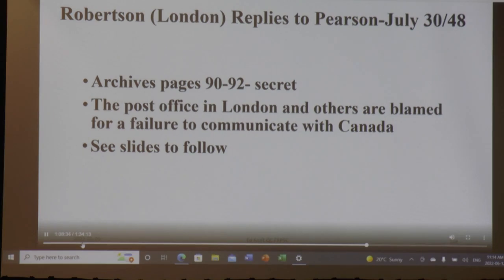So Robertson, from the High Commissioner in London, writes back to Lester Pearson in a secret memorandum. And he said, don't worry, here's a copy of the secret memorandum. Secret, secret, all over it. And by the way, over on the left side, seen by LBP, seen by Lester B. Pearson, by A.A. Day, and some of the other people, Mr. Reed, Mr. Mayrand, and other people to whom I've referred to. And it's a secret communication, and he said, you know, those government officials, they make mistakes all the time. We can blame them.